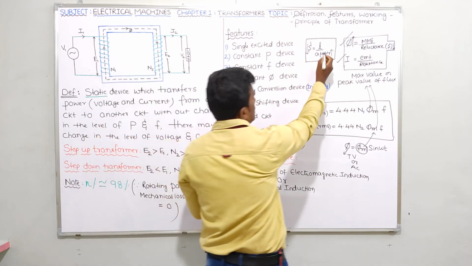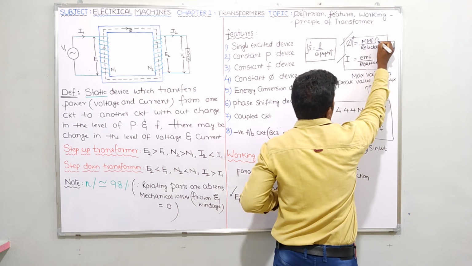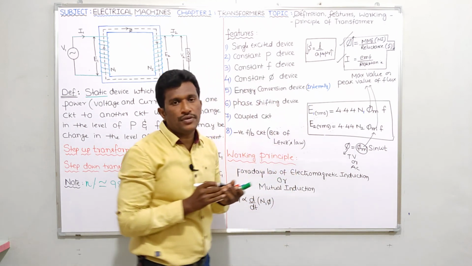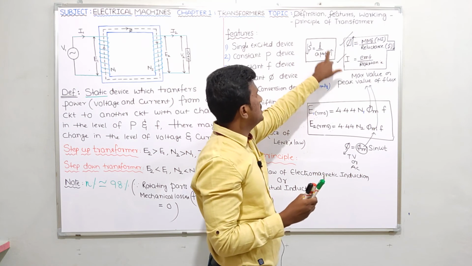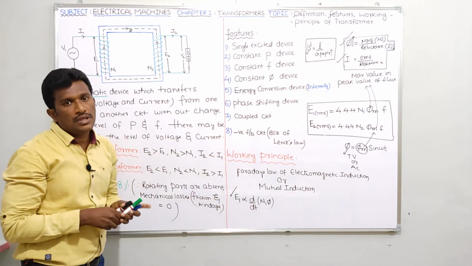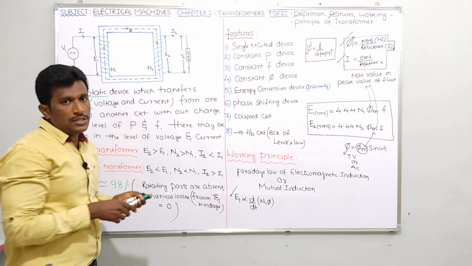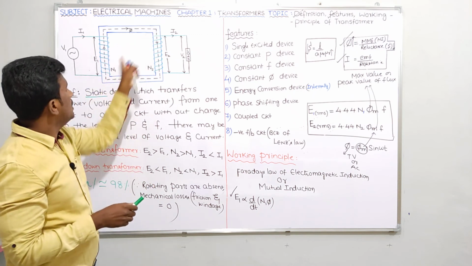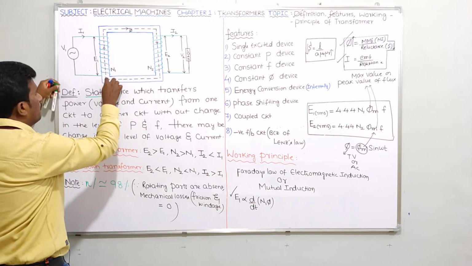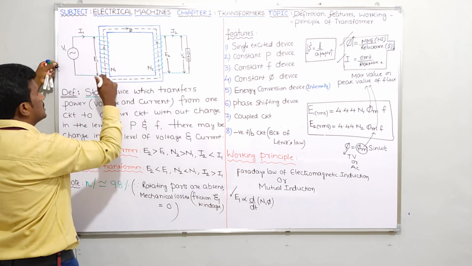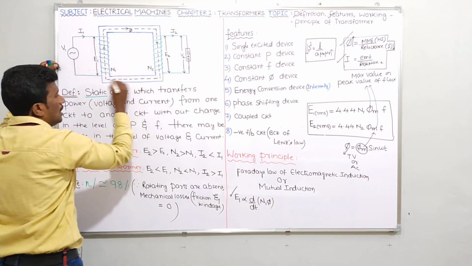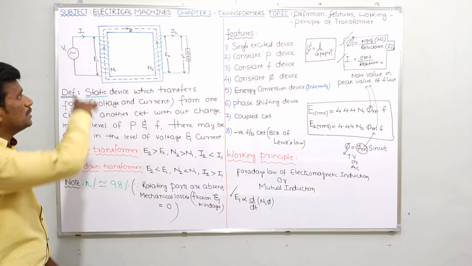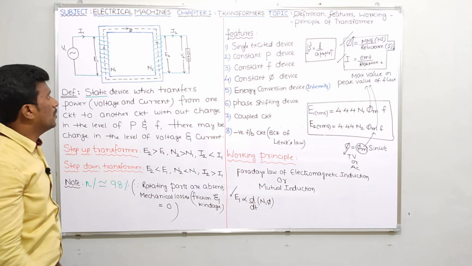Now, anyway, let us see, this MMF is what here? Number of turns into current. And in this reluctance formula, L by A mu naught mu r, L means what, guys? Length of the path of your flux. See like this, from here flux is starting, it is going like this, it is going like this. This entire length can be called L. L means length of the path of flux. Is it clear?